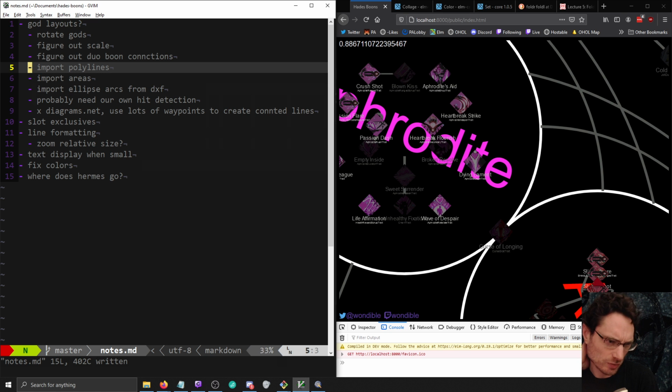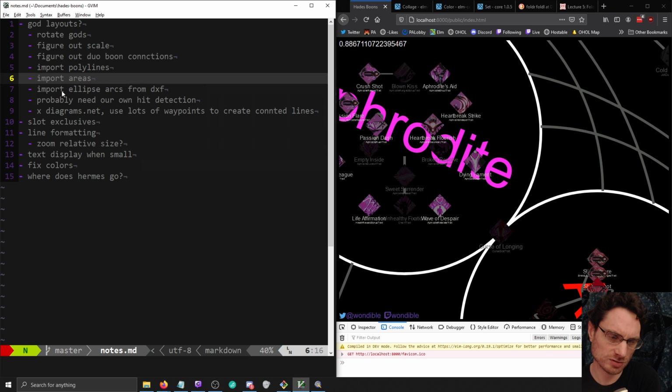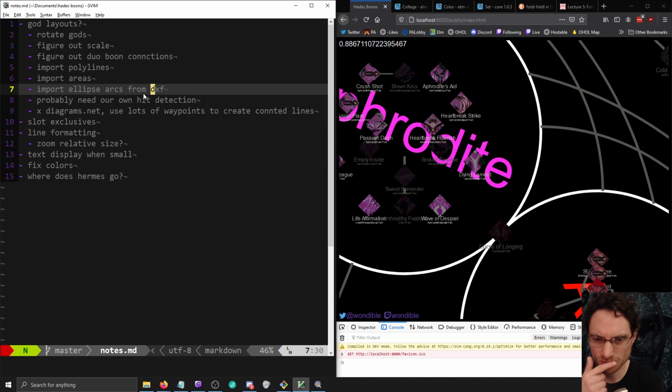I don't yet have a way to link the Zeus polyline or the area things, ellipses just to their shape. So if I imported that and then punted on the drawing part of it,